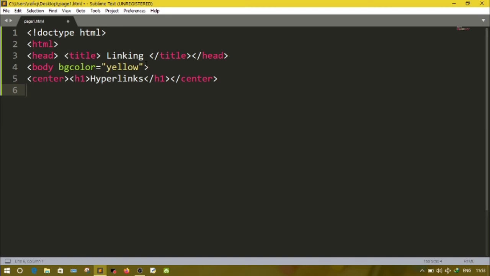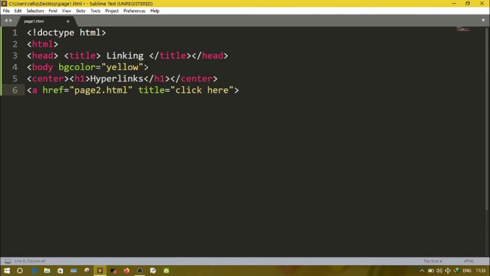Here I want to make a link. So href. I want to redirect to page 2. So page 2.html, title equal click here, bracket close.